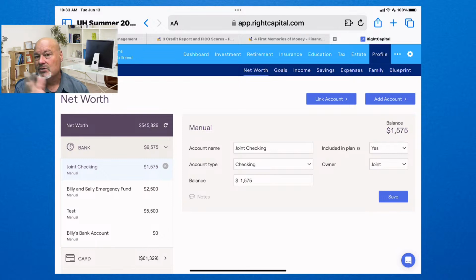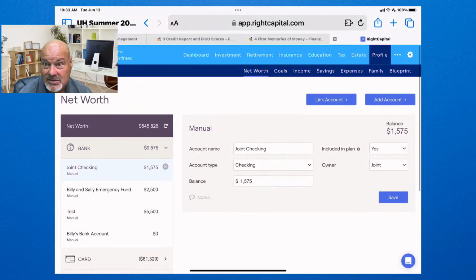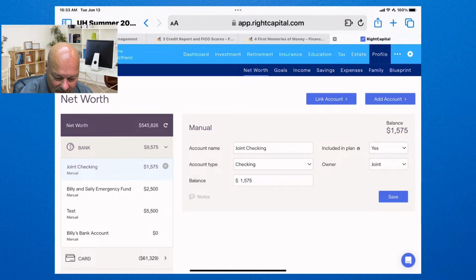But again, if you're using mint.com or even your own bank app, you're already giving them that information, and this tool just aggregates that. It doesn't give access to those accounts, it just reads the transactions. So just something to think about. Okay, so let's see if I missed anything on the credit report.